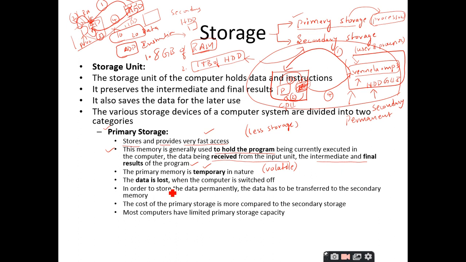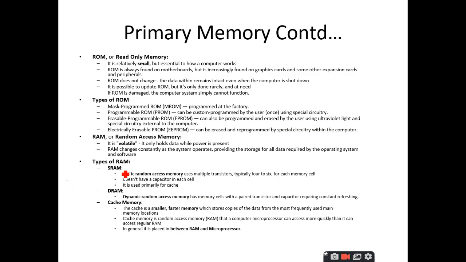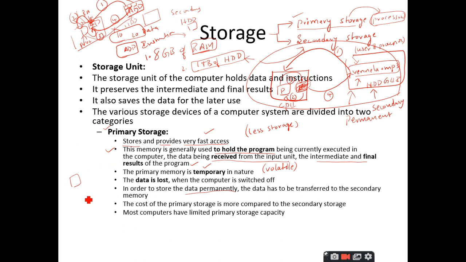Yes, sir. So, whenever you want to store the data permanently, the best option is you have to go for the secondary storage. Whenever you have the results that are stored inside the RAM, whenever you are working on the Word document, you continuously press the Ctrl S. Ctrl S means, for example, whatever document you are writing, that is stored inside the RAM. Whenever you press Ctrl plus S, save, these contents are going to be dumped onto the hard disk drive.